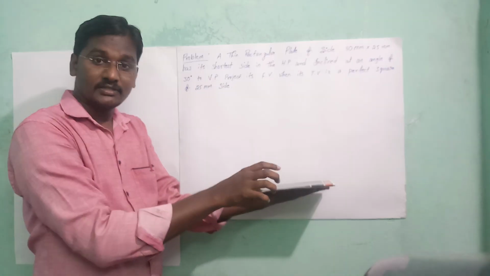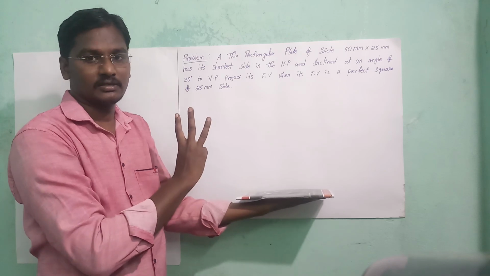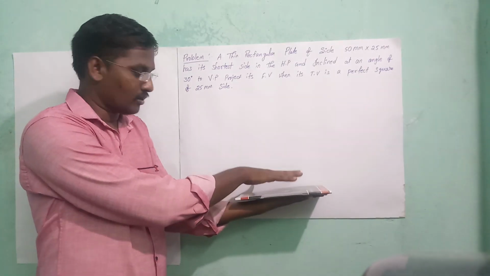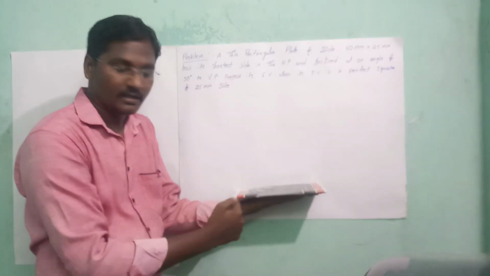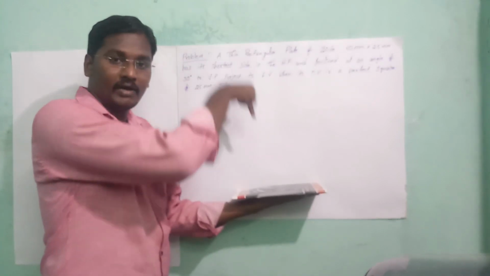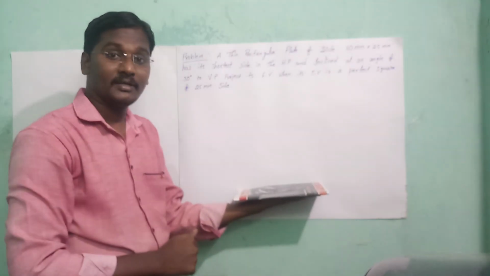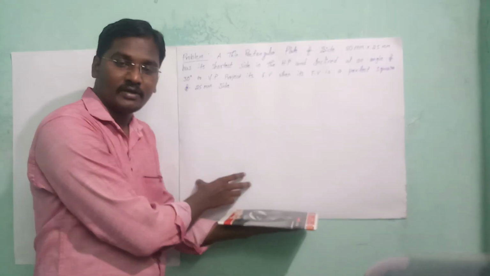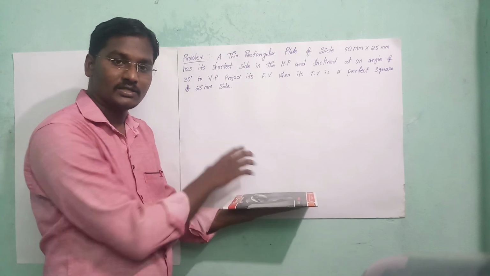The shortest side in the HP means here we need to draw the three positions. In the three positions, the first one is the rest condition. When it is in the rest position and we are looking from the front view, it looks like a straight line, and while we are looking from the top, it looks like a rectangular plate. That means in the first case we have to draw the rectangle below the reference line, and on the reference line we have to draw the straight line.